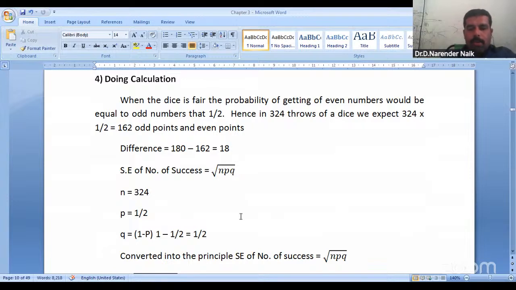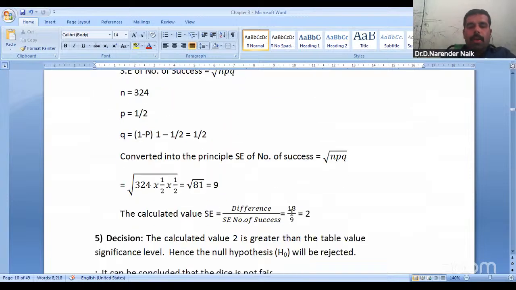Standard error of the number of successes is equal to under root NPQ. So it is equal to under root 324 into 1 by 2 into 1 by 2, which is equal to under root 81. Okay, we got 9. So the difference is 18, and the number of successes, that is the standard error of number of successes, is 9, so 18 by 9 is equal to